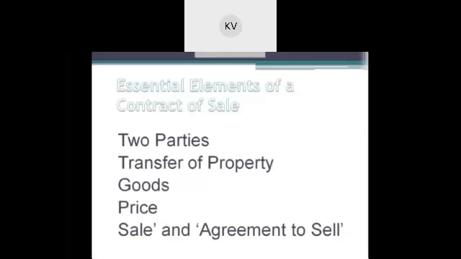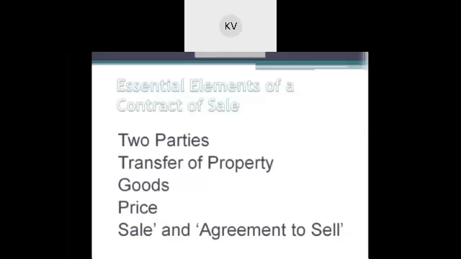Similarly, purchase means buying the ownership of the goods from the seller for a price. Okay, do you understand? The term ownership of the property confers on the buyer absolute freedom to dispose of the asset in any way during his life. If he likes, he can sell any time. The buyer has unlimited rights over the property purchased against the whole world. In this contract, it is essential to learn the essential elements of the contract of sale. So now we are going to see the essential elements of the contract of sale.